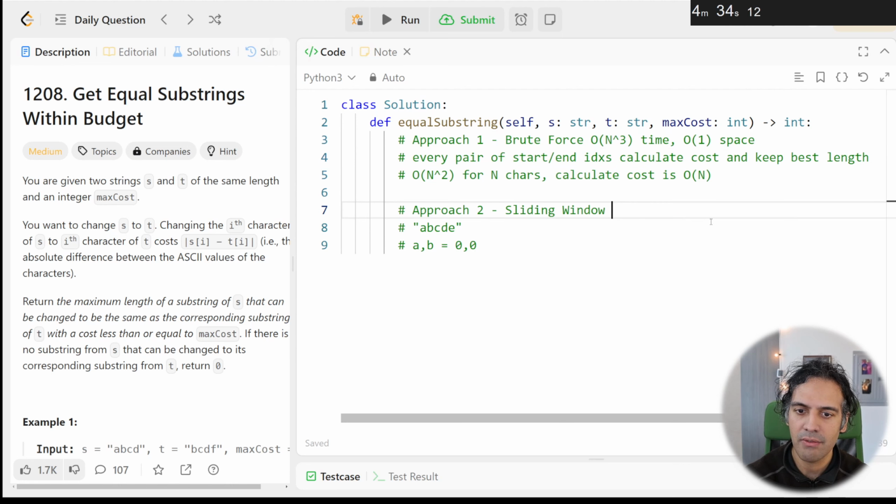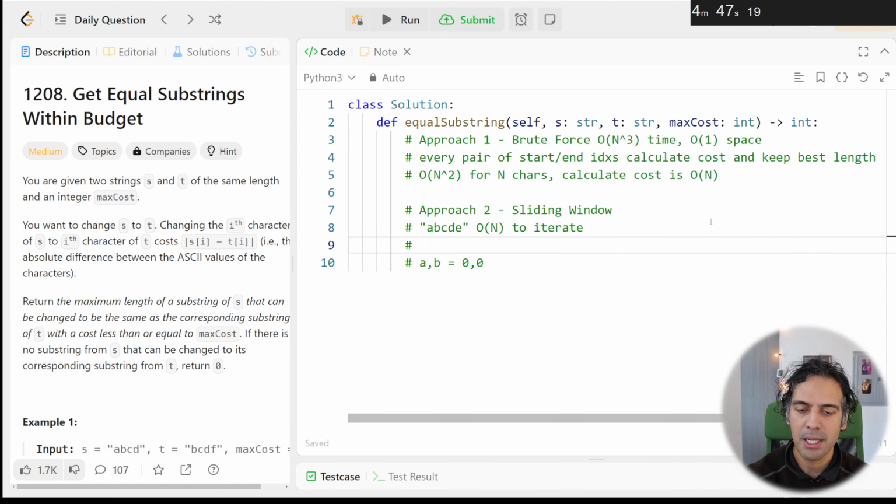Sorry, just jumping back for a second. You're iterating through the list just once for both indices. There's no multiple pairs or anything like that. So it's O of n to iterate. And the real nice thing about this is because you're only ever adding or subtracting one index at a time, and you're only going to do it once for the whole array, it's O of 1